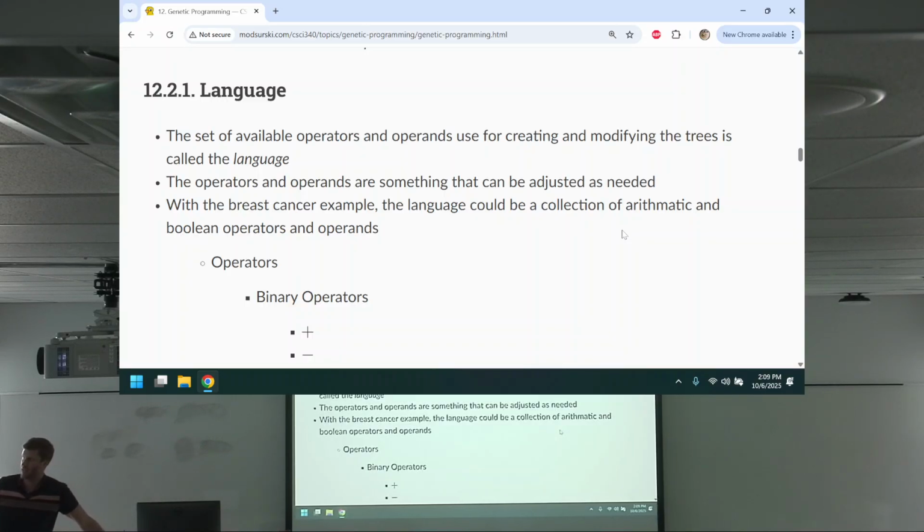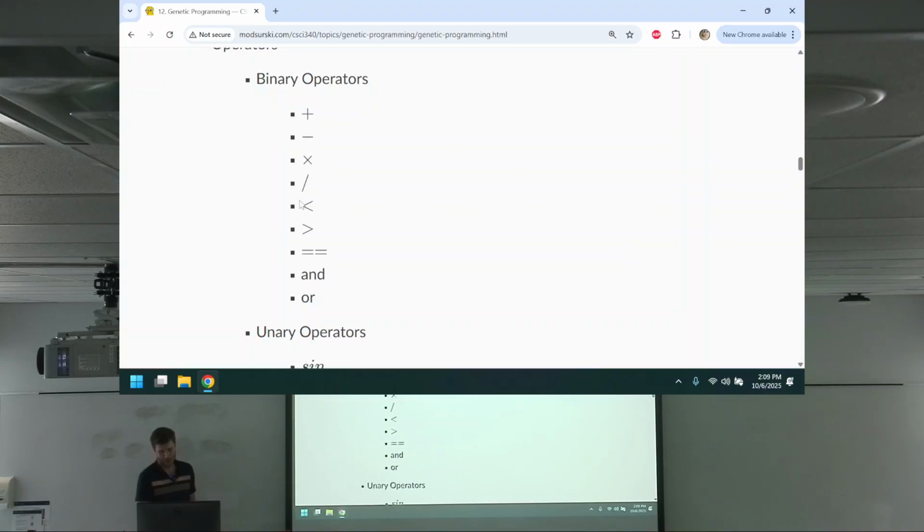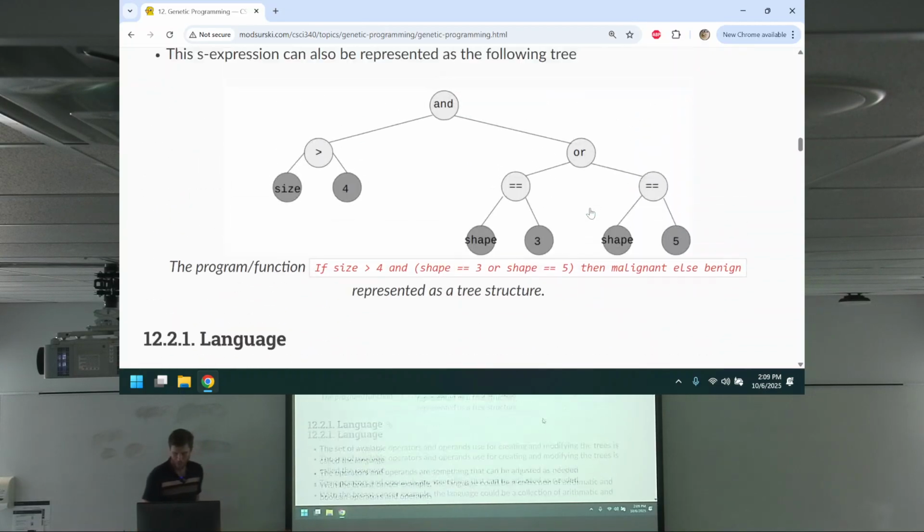With the breast cancer example, the language could be a collection of arithmetic and Boolean operators and operands. So, for example, operators could be these binary operators: plus, minus, multiplication, divide, less than, greater than, equal, and, or. Cool. Why? I picked them. Now, really, thinking about this problem,